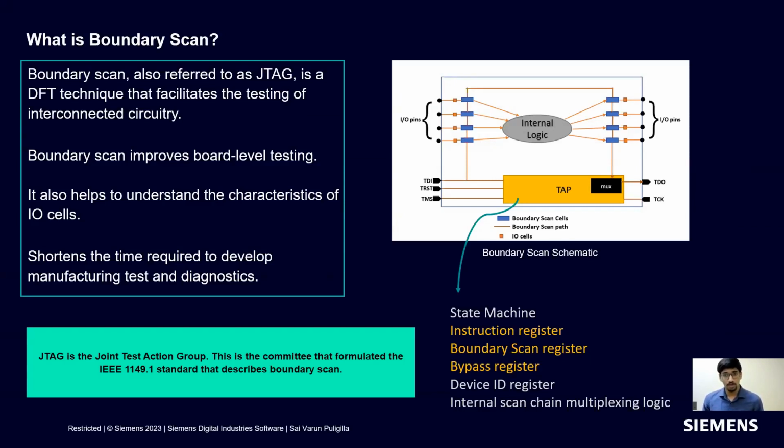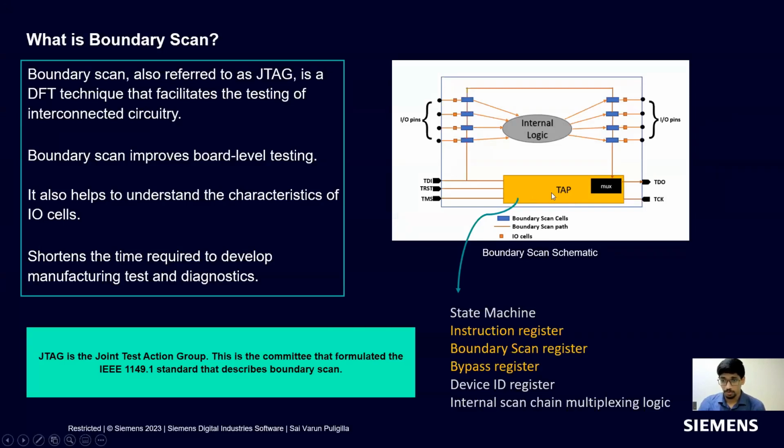So wherever we have the I/O cells in the design, a boundary scan cell is automatically placed by the Tessent tool. It also shortens the time required to develop the manufacturing test and diagnostics, as we can place the I/O cells in different levels and observe the functioning of the I/O pads. If you see the TAP here in the design,